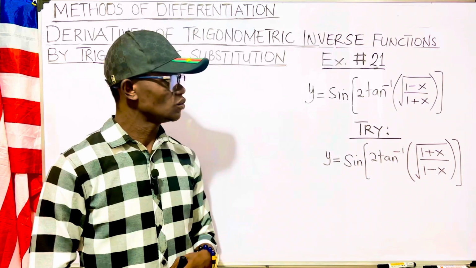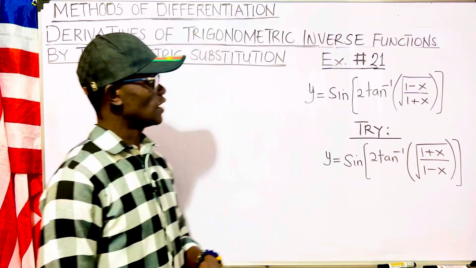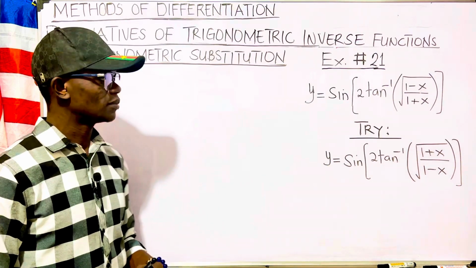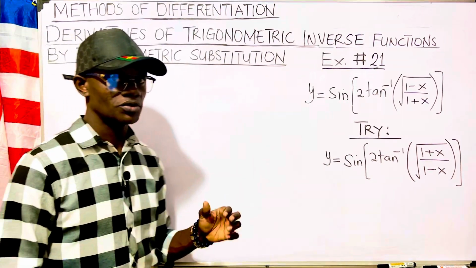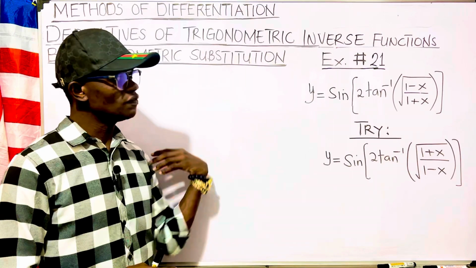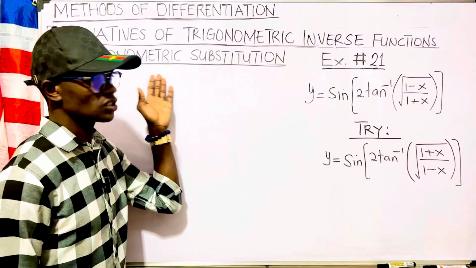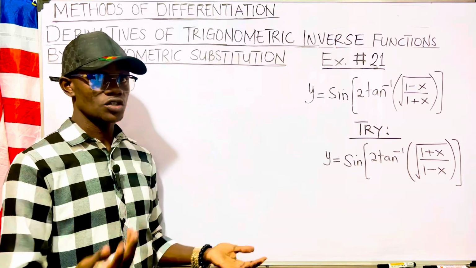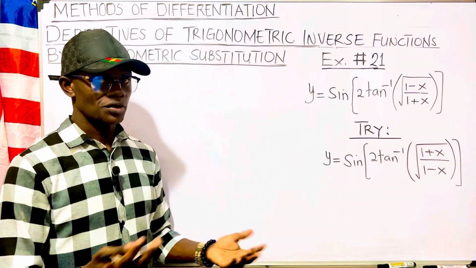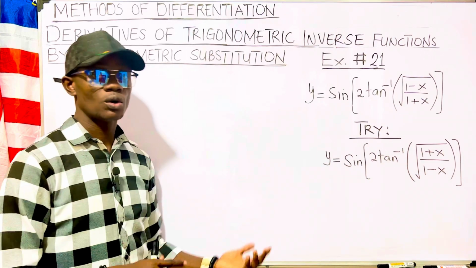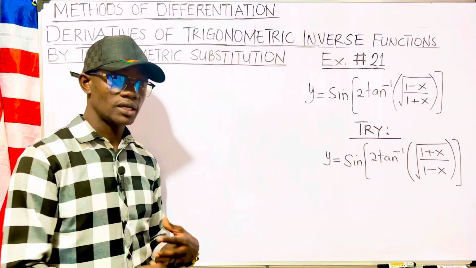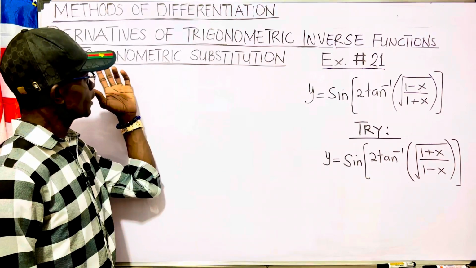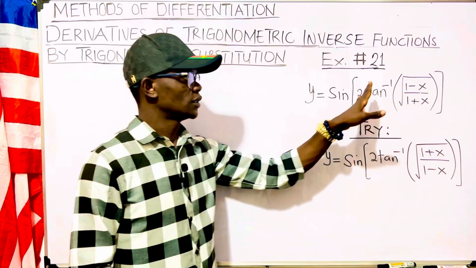So in today's lesson, we want to start with finding derivatives of trigonometric inverse functions, but particularly using the trigonometric substitution method. In the previous lessons, we did not use the trig substitution method. We only found the derivative of the trig inverse function using several other methods like reducing the angle or just directly finding the derivative. But this one now, we want to use the trig substitution to find the derivative of